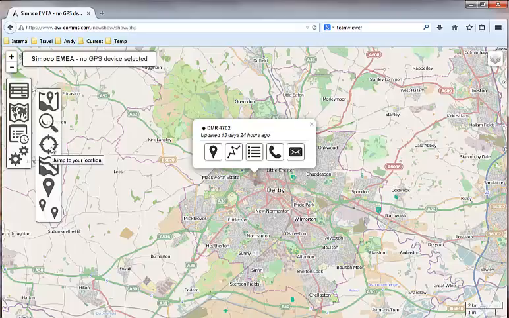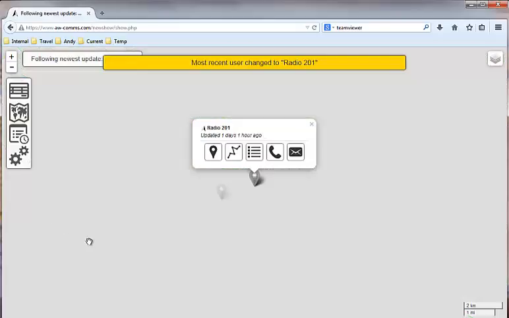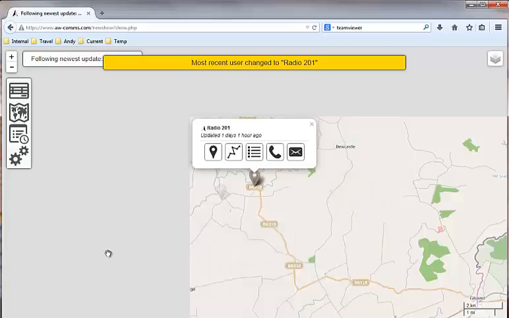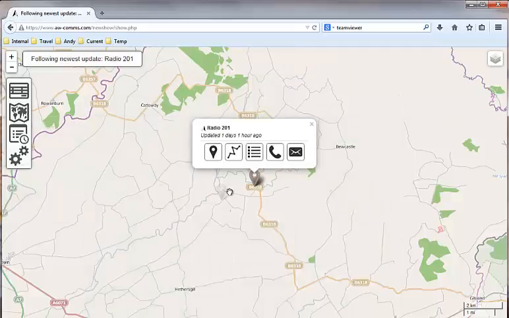You can jump to your current location. You can keep the map centered and then see the radios moving around the area, or you can choose to jump to a selected device, or you can follow devices. This is quite a useful one as well, to jump to the most recently used device. So if we go there, you don't have to go through the menus to see who did the last update. And there's a radio there up in